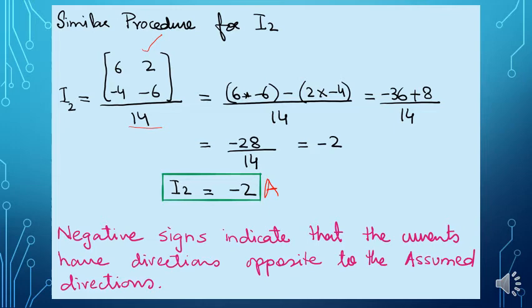Okay. Now, what is the purpose of this negative sign? The purpose of this negative sign is that the direction of current we assumed in our loop was wrong. The clockwise direction was wrong. Our current is flowing in the opposite direction. This was the thing we were discussing previously in our nodal analysis circuits also.